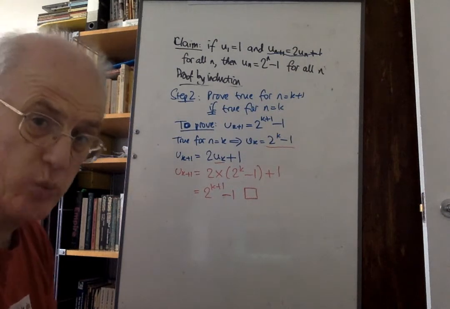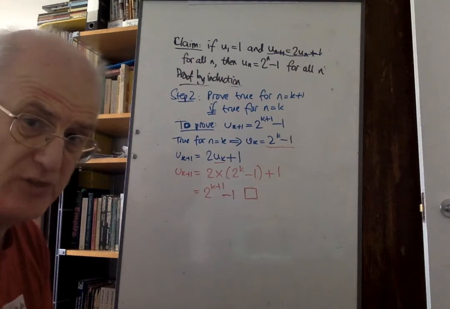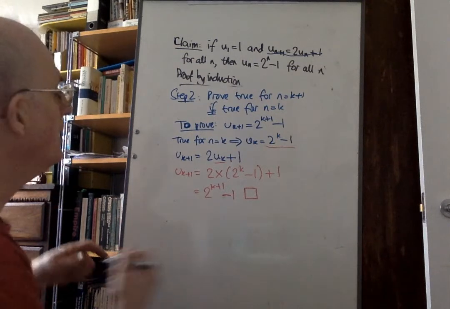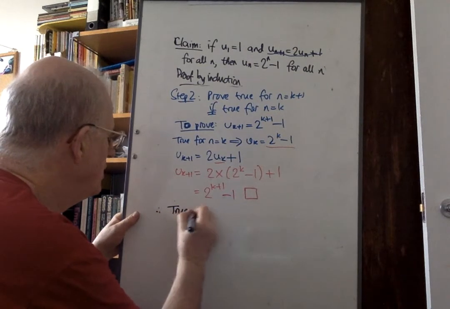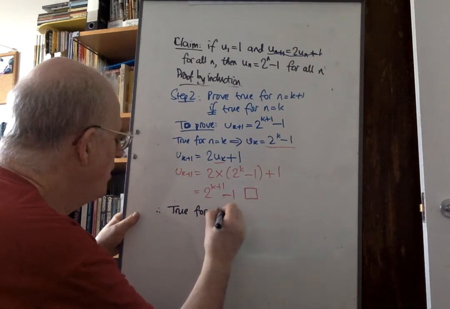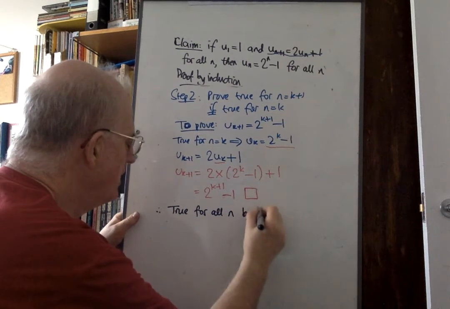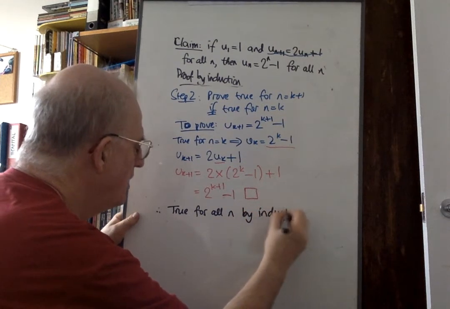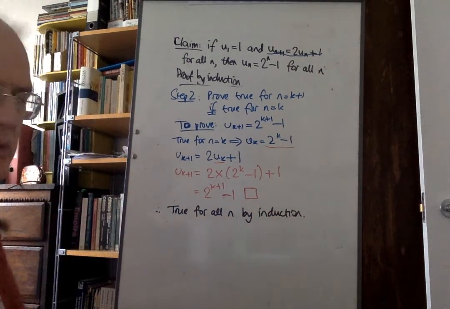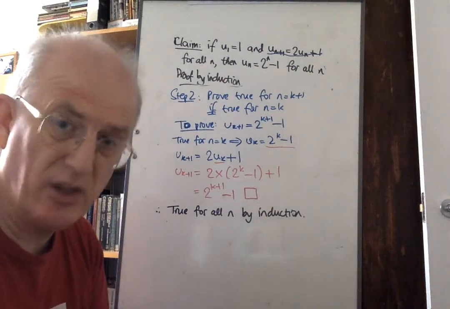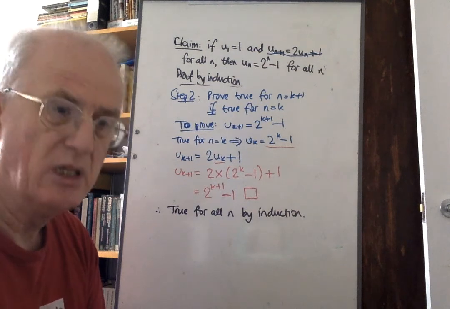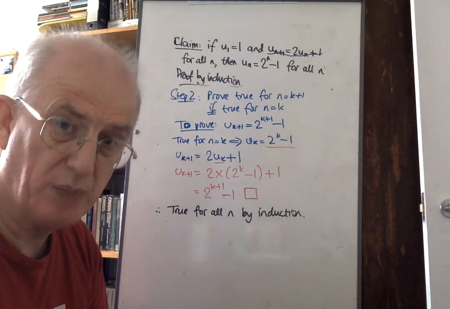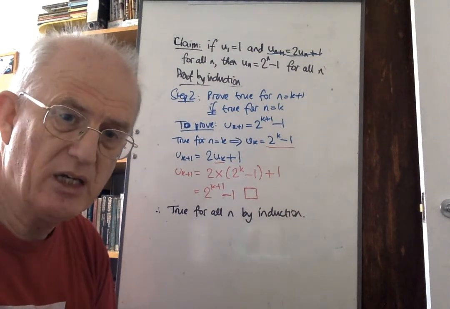And now there's one more thing left to write. What is it? We have to write, therefore, true for all n by induction. What we do with that last line is tell the reader we're bringing together step 1 and step 2. Neither of them proves very much by itself. Together they prove